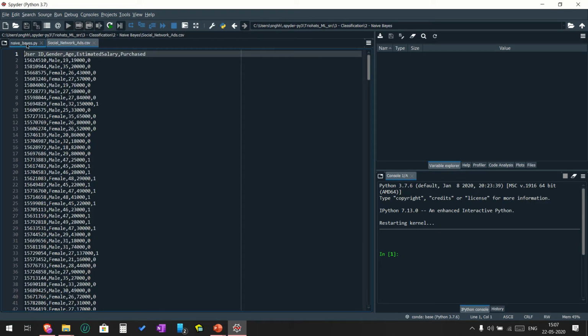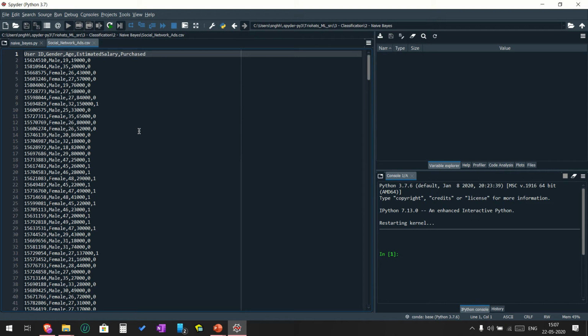This is the dataset we are working on, and it describes a car company which is about to launch its new product in the market, and the car company wants to know which of the customers will buy the car.